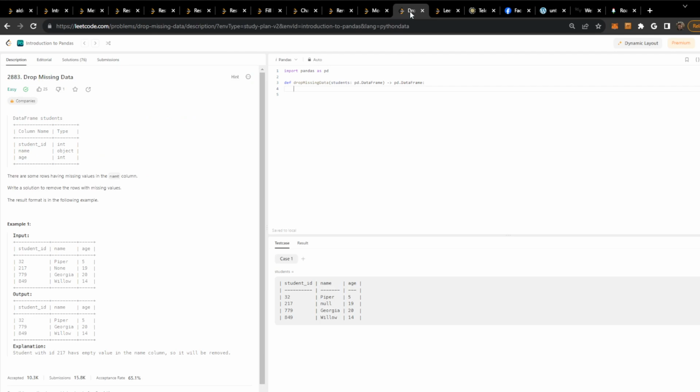All right, the next one we are going to look at is 2883, drop missing data. So in this case, we are going to look at reducing it from 4 rows down to 3, and we can see that there are some rows that have missing values in the name column. Write a solution that removes the rows that are missing these values. We notice we've got None there instead of NaN, right? So we could go ahead and